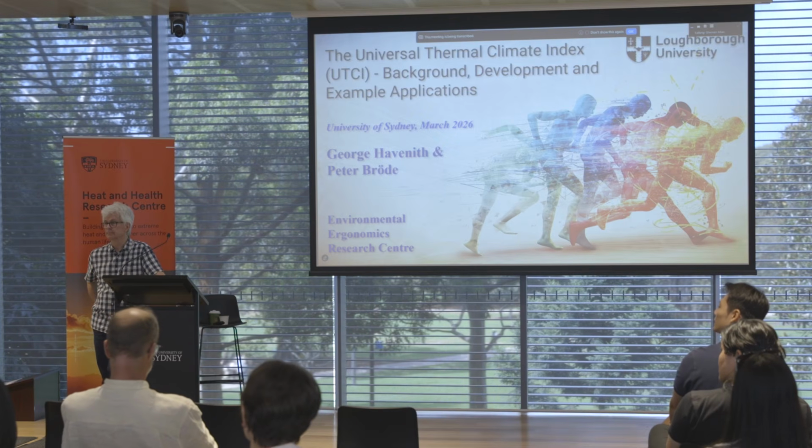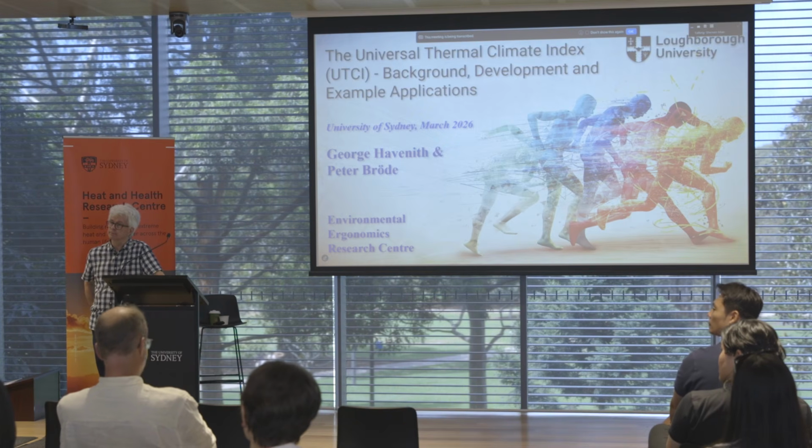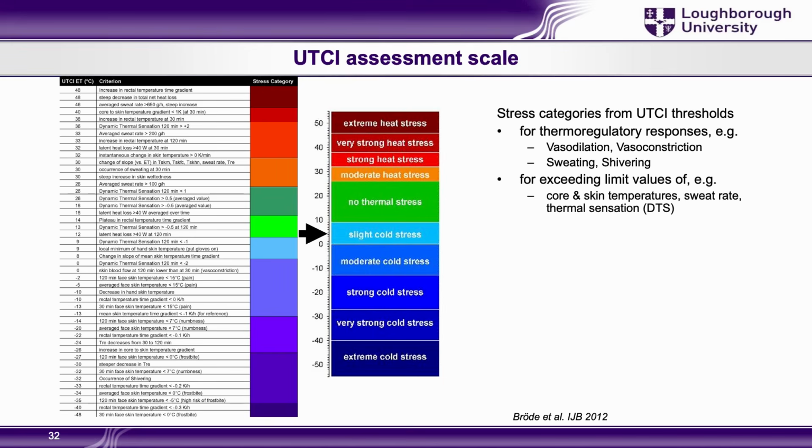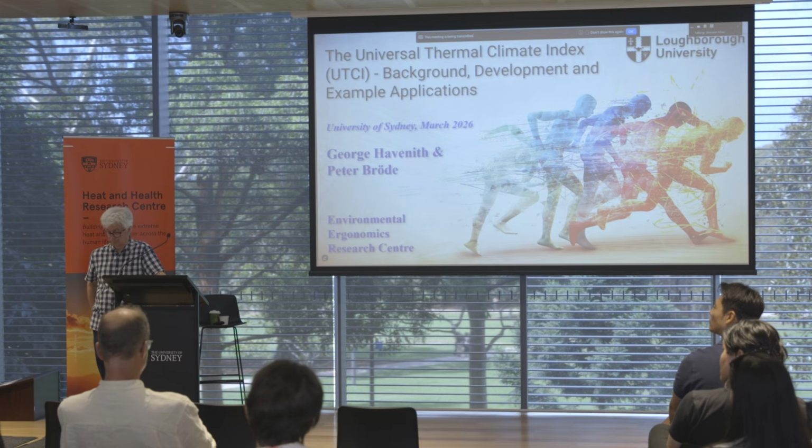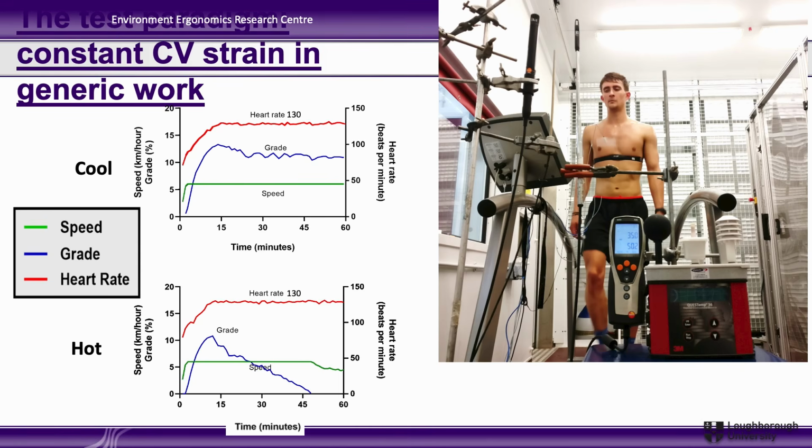So that's maybe one thing to take from this. And the other thing as well, which I know we've talked about before, and I've talked to a lot of other people about, is the caution with which people should use those risk categories that are associated with given bands of UTCI for different types of populations that are outside the current model. So the current model is focused on males only, is that right? So male only, young, fit, healthy people, and with a given physical activity level as well.